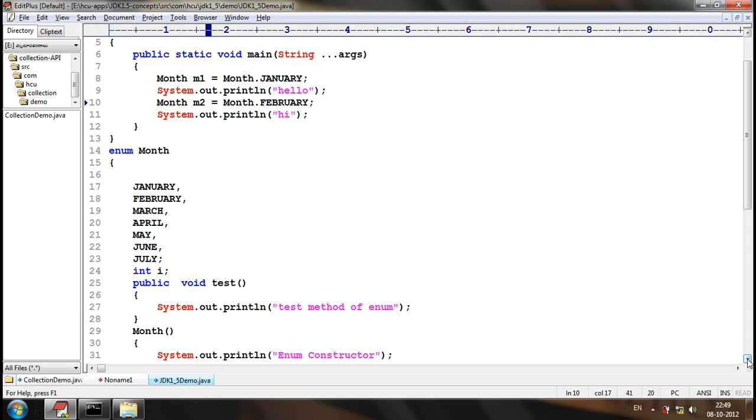A class will have its own features. Enums will have their own features. We cannot say that an enum has advantageous features when compared to a class. A class should be used for its purpose and an enum should be used for its purpose. An enum should be used only when we want to represent constants. And a class should be used anywhere we have logic.